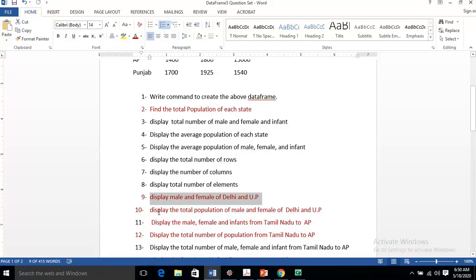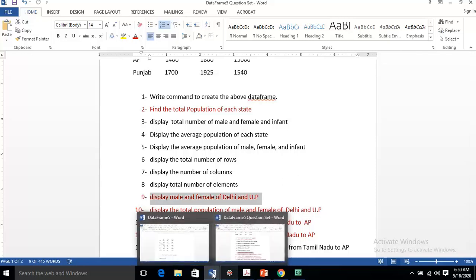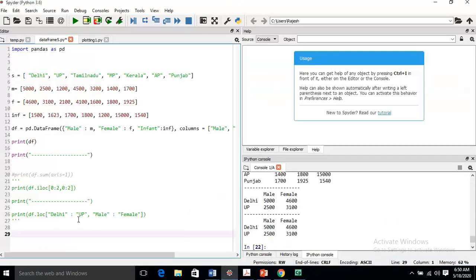Our second question is to display the total population of male and female of Delhi and UP. Total population we have to display. Here I will use dot sum, then axis equal to 1.